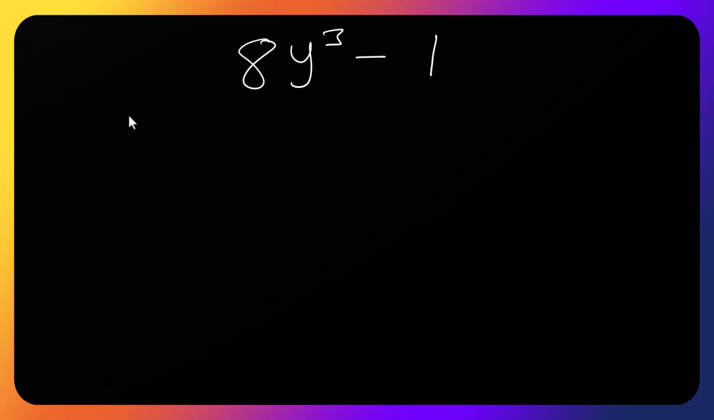Now, how do we factor 8y cubed minus 1? We can apply the difference of cubes here. When we have a cubed minus b cubed, it is the same as a minus b,